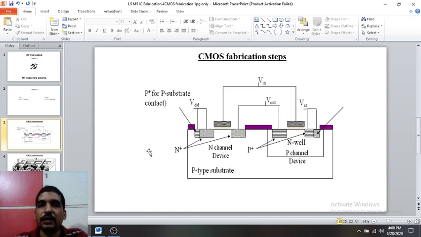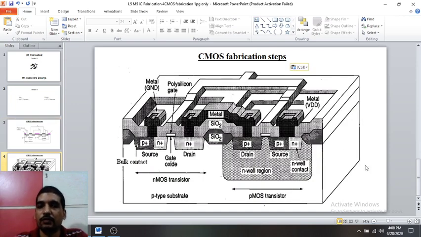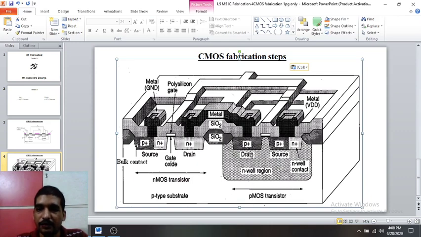But before that, let us have a first look at the 3D view of the CMOS, how basically it looks like. Let's see what the different layers inside the CMOS are. Then we will see how we will form this structure. We can see here that inside this P substrate there is one N-well region. These are the doped P plus regions, drain, source and N-well cut. Here is the gate, then here are the drain and source regions for the NMOS transistor with P plus substrate connection. And you can see that here is a contact cut over which metal is poured, which can be extended further